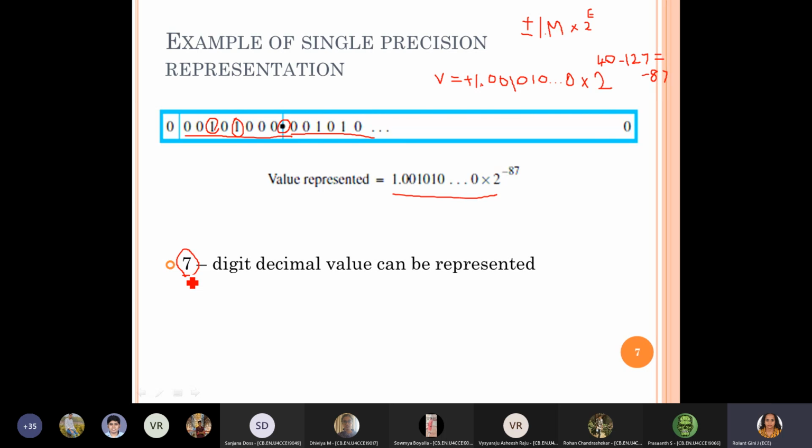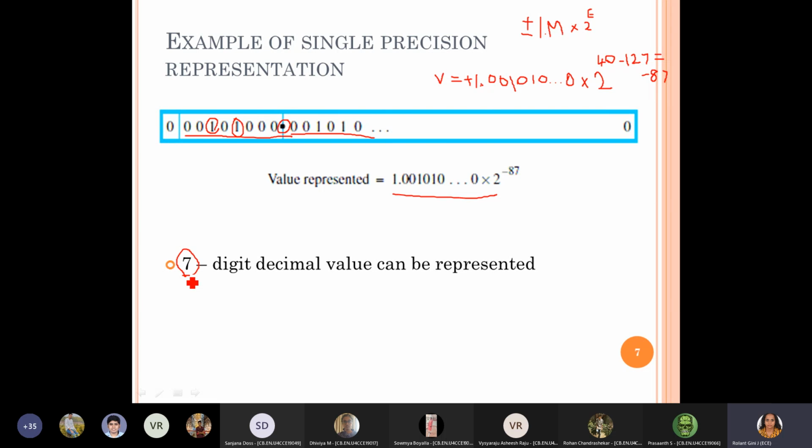So that's the precision you are getting. Your accuracy of the result, or the round-off error, the accumulated percentage of error, all that depends on how many decimal places you are able to express. And in single precision, you can express up to a maximum of 7 decimal digits. So then you can calculate the error based on this, and you can conclude whether that much percentage of error is acceptable or not in the particular application. And if you find that it's not acceptable, then you go for finding another possibility, right?